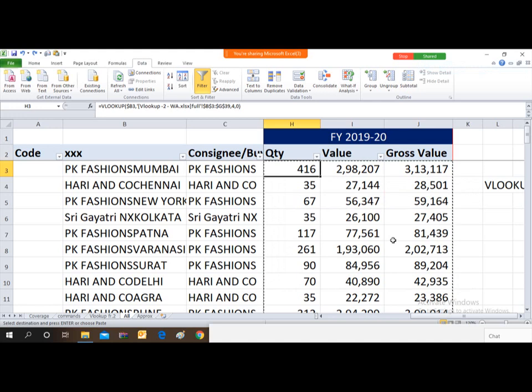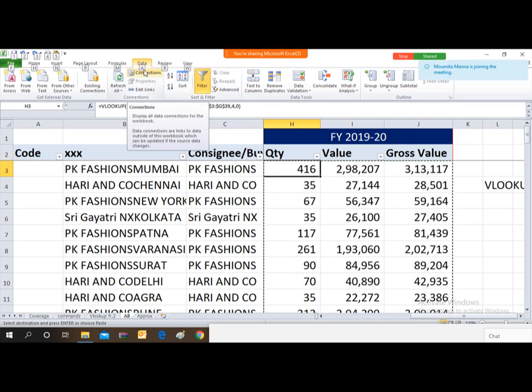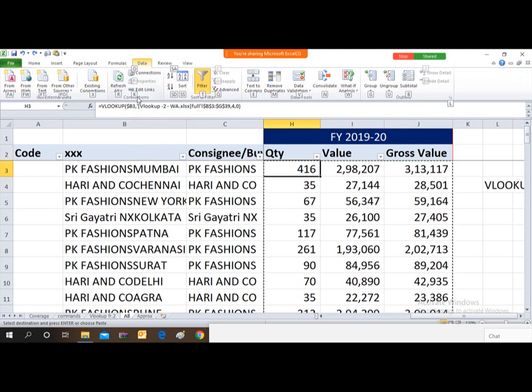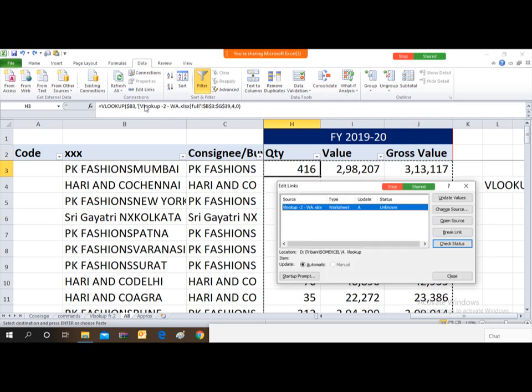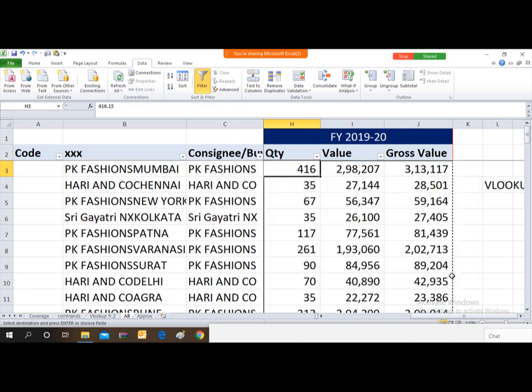So how can you derive the shortcut keys? Press Alt; for Data, A is appearing, so I have pressed A. And for Break Link, K is appearing. So it's very simple friends. If you just press Alt A K, and then again, B has an underline here, so B, and then Alt B if you press, it will also vanish. So friends, there are multiple ways you can break this link, but you will not be able to